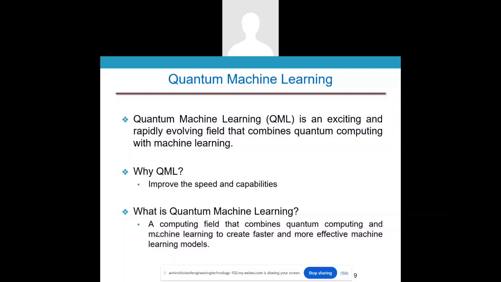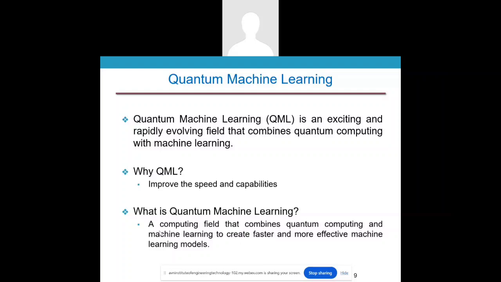Why go for this? Because we have well established machine learning algorithms. We need to speed up the entire process, and we need the capabilities of handling a variety of data. That's why we need the